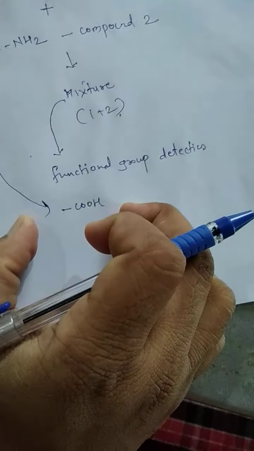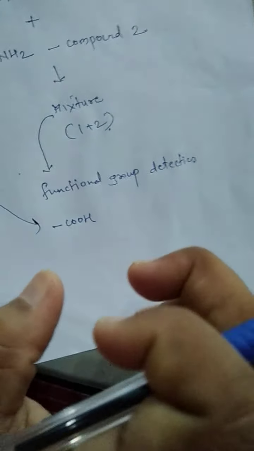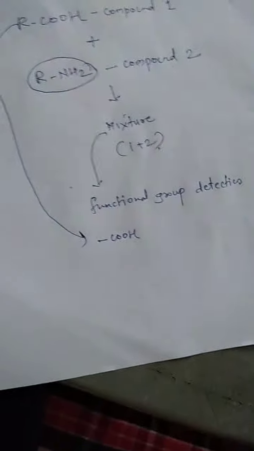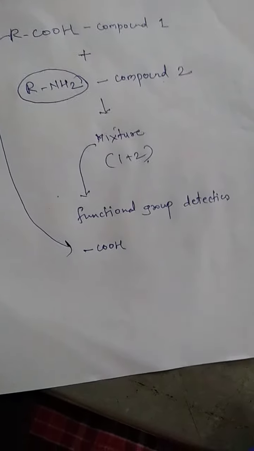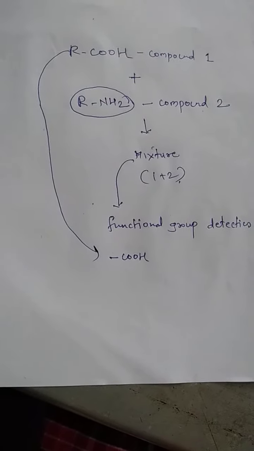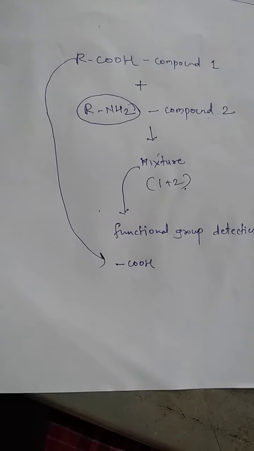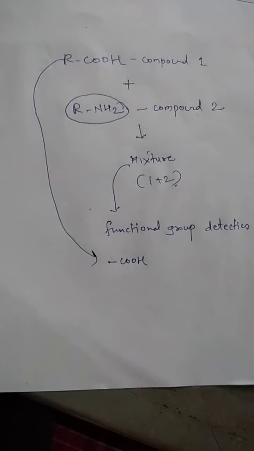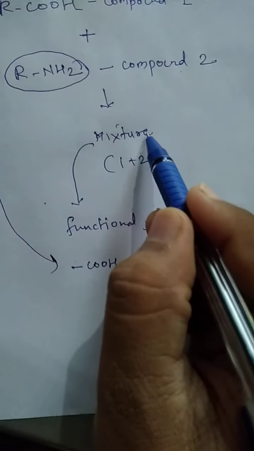And if you find this is an acidic group, it is difficult for you to find the amine group which is present in the other compound. Are you getting the point? So at a time, if you have to identify two different compounds, you can't undergo the testing for the mixture